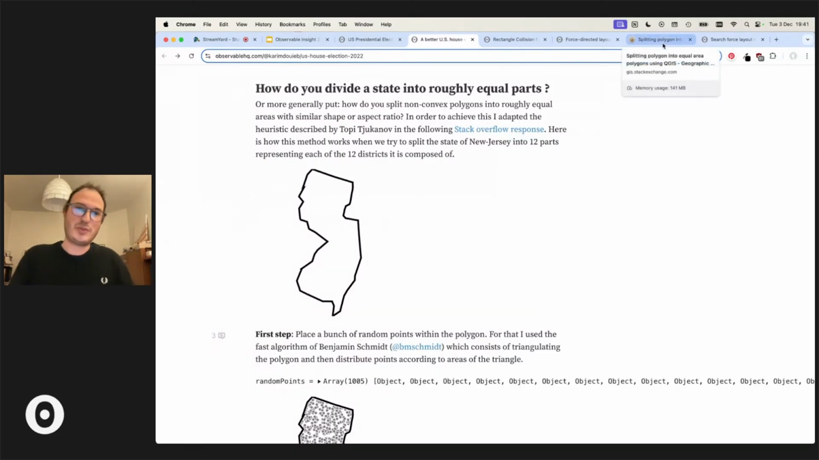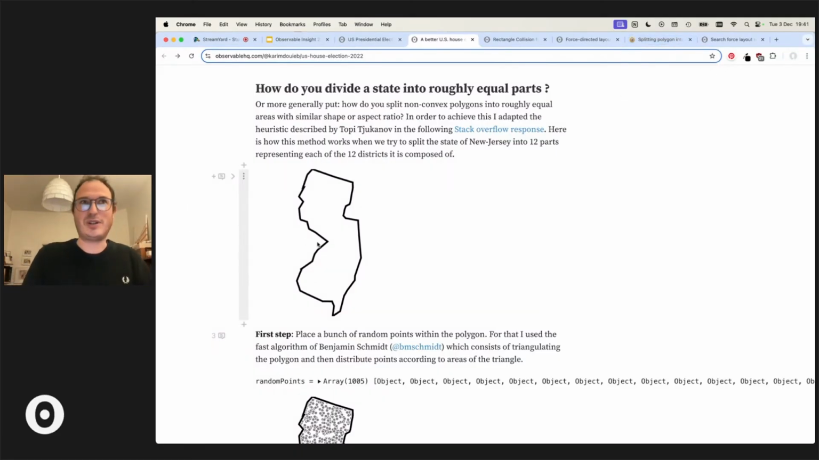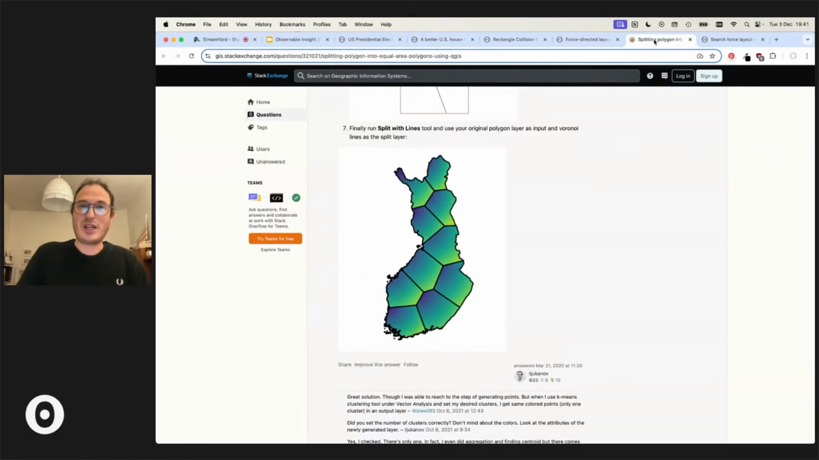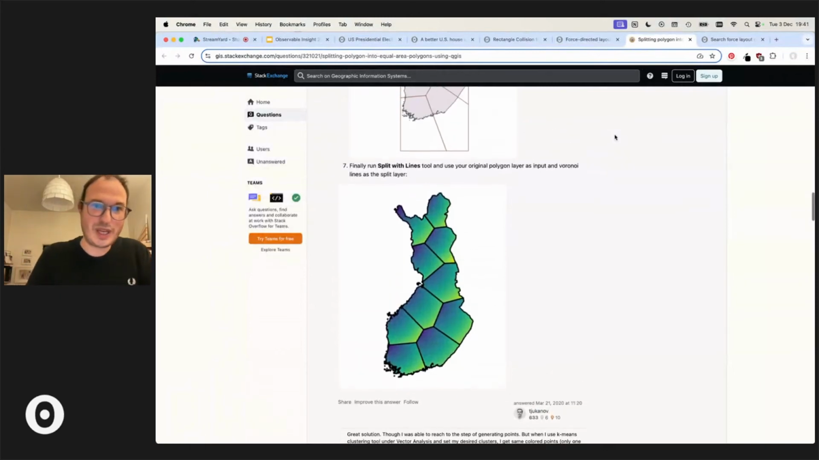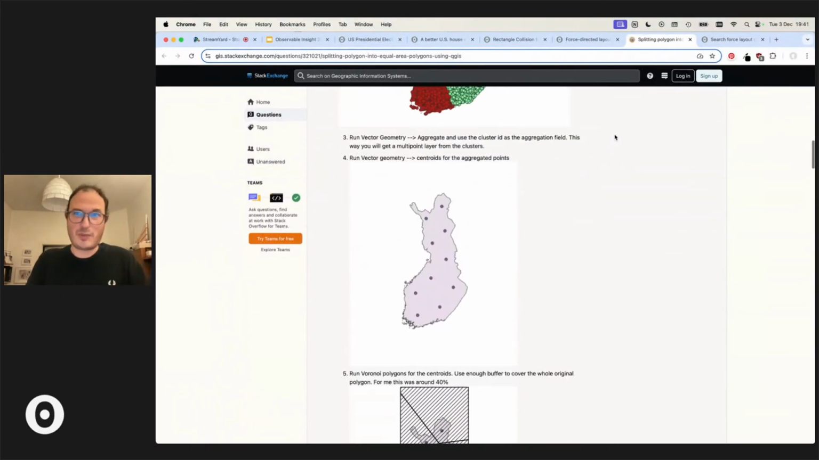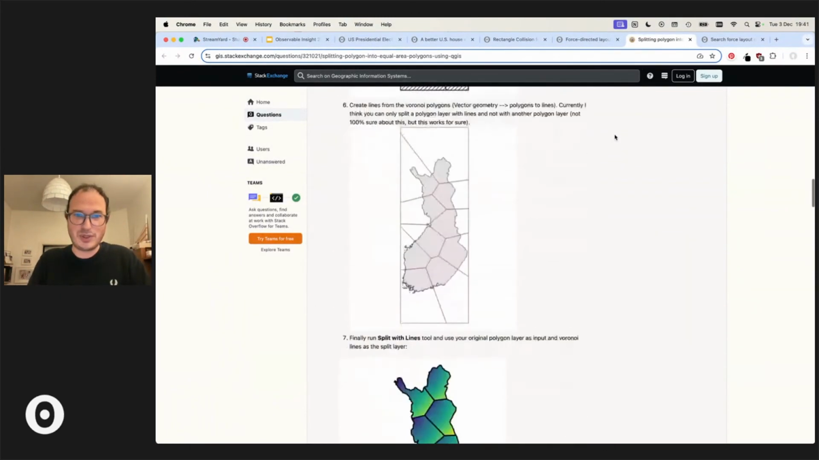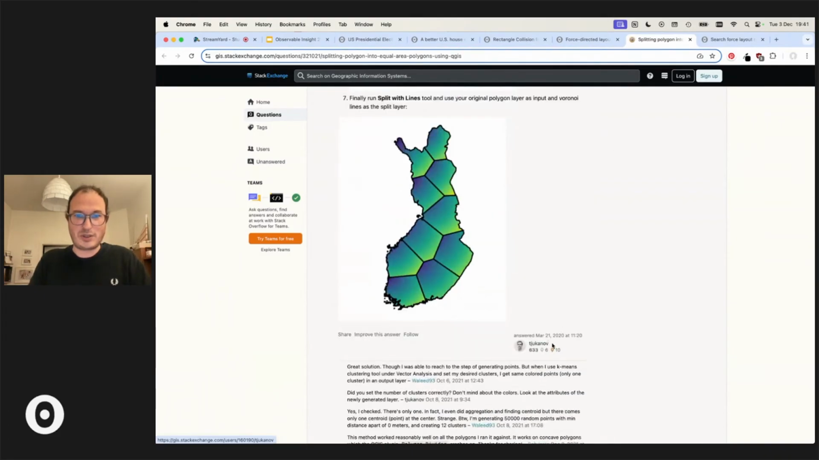I didn't know. I had a few naive ways to do it, which is just split in half using a horizontal line and then recurse, doing a divide and conquer algorithm. It wouldn't end up great with just stacked layers. So I searched for ways to do that, and I stumbled upon a Stack Overflow answer from Topi